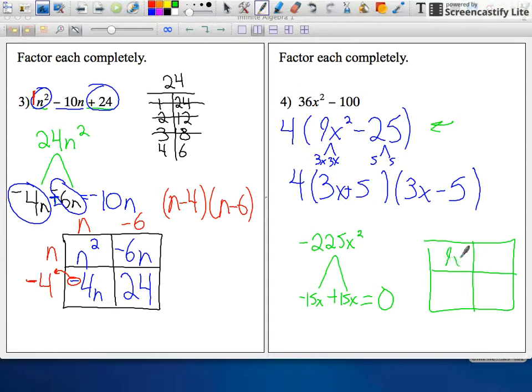We have 9x squared in the box, negative 25 in the box, negative 15x in the box, and 15x in the box. Our greatest common factor is 3x and negative 5, 3x and positive 5. And so you see 3x plus 5